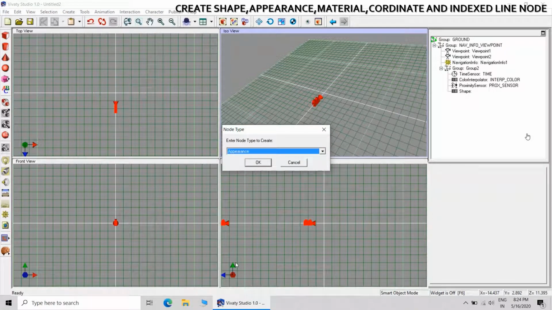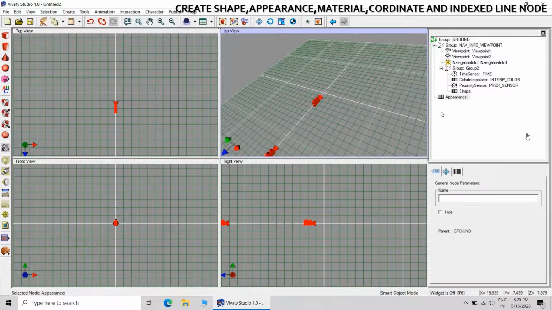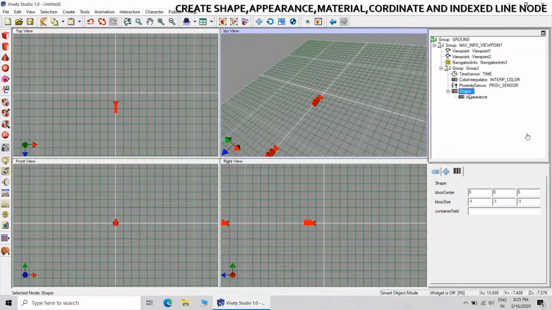So there is a shape node and there is the appearance node. Create the shape node, create the appearance node. The container field you can type children.